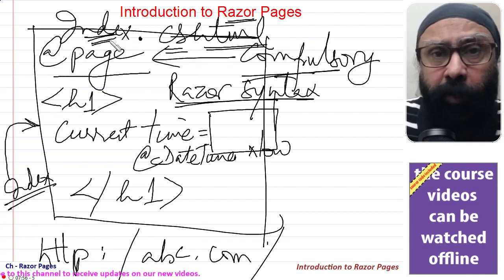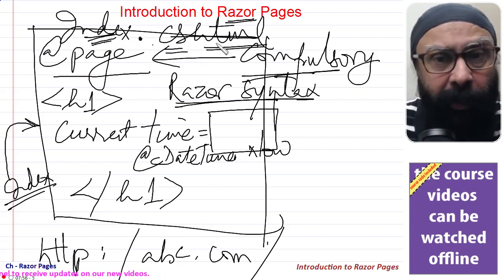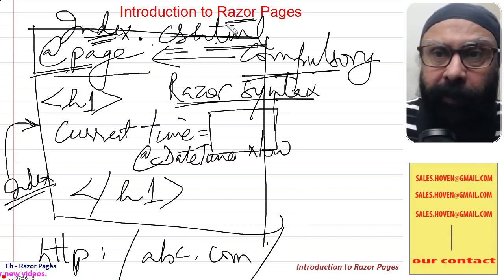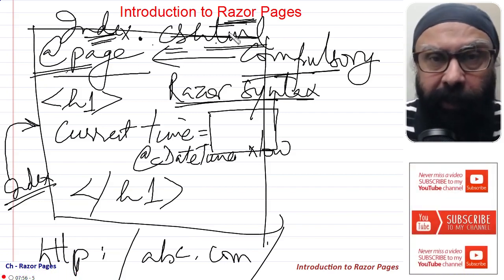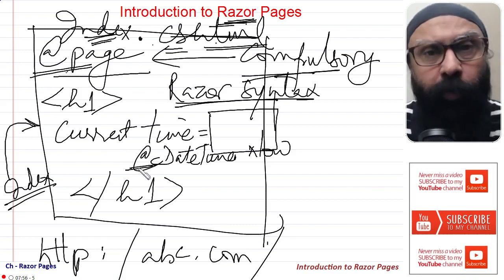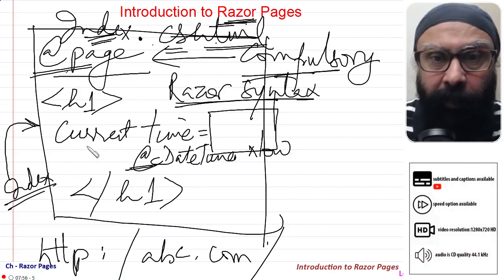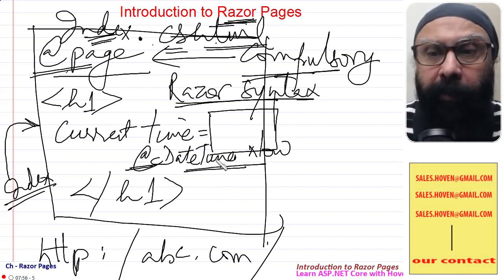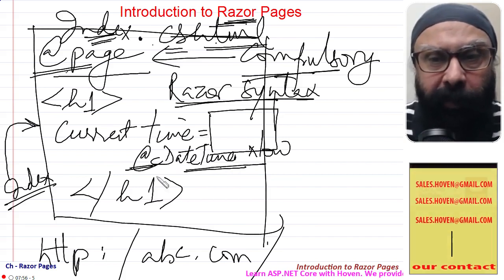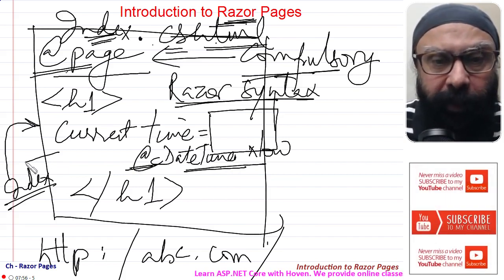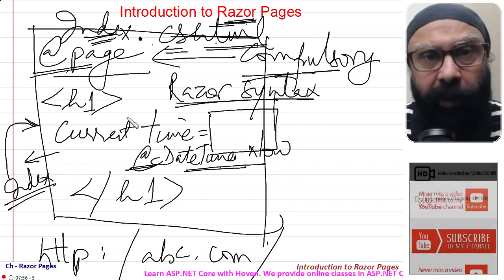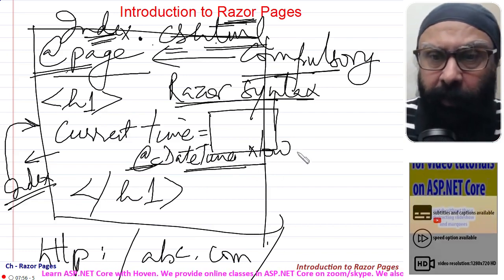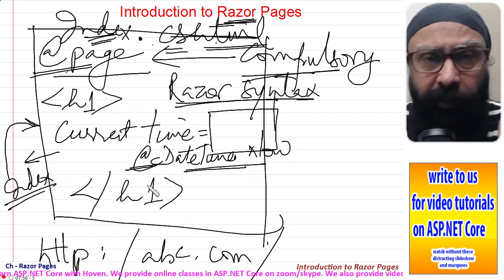Your server will look for a file called index.cshtml and will find that there is an @page directive. Then it will think that this is a Razor page and it gets ready to interpret these tags. So h1 is there, current time is there, then it will run the C# code and this will fit the current time. So what is sent to the client is in HTML format, h1 current time is whatever it is. So this is very briefly about a Razor page.